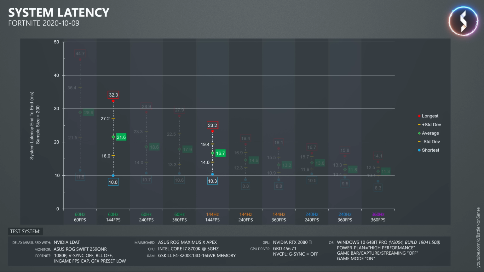If you want to reduce system latency further, while at the same time making it more consistent, you have the option to go for a 240 Hz or even a 360 Hz monitor. Just make sure that you also have a CPU and GPU which can provide and maintain the required frame rates to get the most out of these monitors.